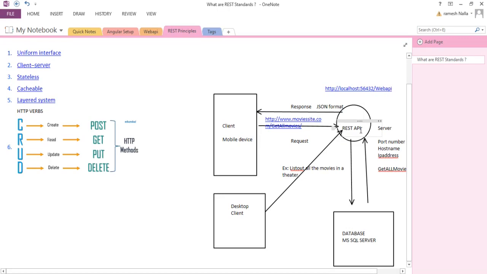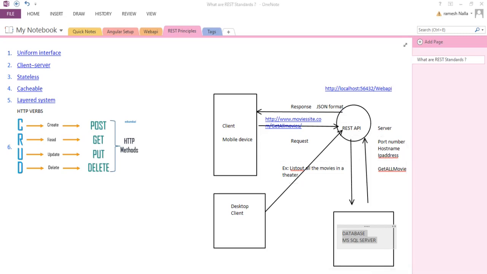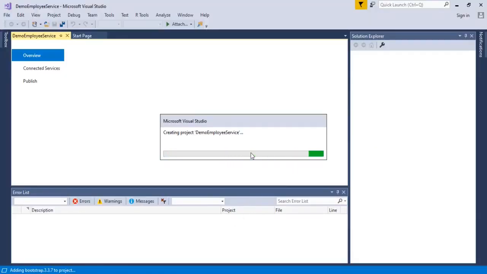To establish communication with the database, we need a connection string: where the database is located, the IP address, the port number, the username. I'm using Entity Framework to establish the connection. While creating the project, it is adding all the supporting DLLs.